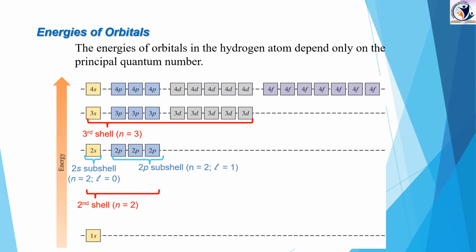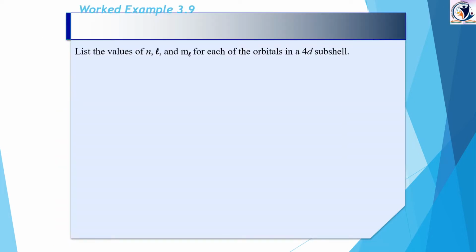Maybe you are thinking, ma'am, 3p's are 3 and 3d's are 5. These are the orientations of those particular atomic orbitals, children. The p orbital has 3 orientations, the d orbital has 5 orientations, and the f orbital has 7 orientations. Got it? So the 3s subshell has n equal to 3 and L equal to 0, the 3p subshell has n equal to 3 and L equal to 1, and the 3d subshell has n equal to 3 and L equal to 2. In the similar way, the 4s, 4p, 4d and 4f also.